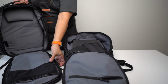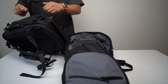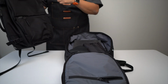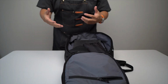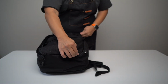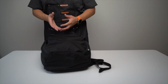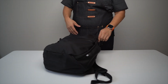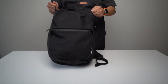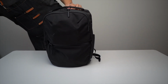So anyway, I thought that was interesting, how it fits in between several other bags in Aer's lineup. And while I don't have the Tech Pack or the Day Pack here, I think if you look online, you'll see that in terms of spacing and potential use cases, it also occupies a similar area as those bags. And that's what I meant when I said I think the original Aer City Pack